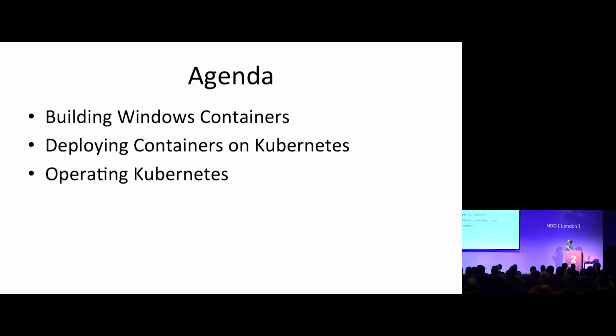So as I introduced, I want to start with an introduction and provide the fundamental foundations into how do you build these new Windows containers, what makes them different to Linux, and why am I excited about the possibilities. We'll then take those containers and we'll deploy them onto Kubernetes. We'll look at what Kubernetes brings to the party and why everyone is getting so excited about the possibilities it's bringing. And because we're dealing with production and we're dealing with infrastructure, we'll look at actually what does that look like in reality? What are the day-to-day operations that you're going to be concerned with? And how do you manage things like monitoring and making sure that your applications are working when you're deploying into